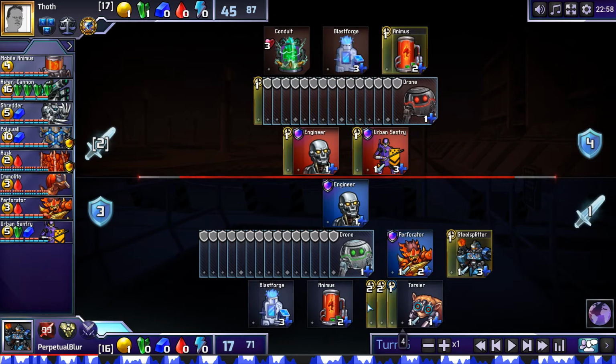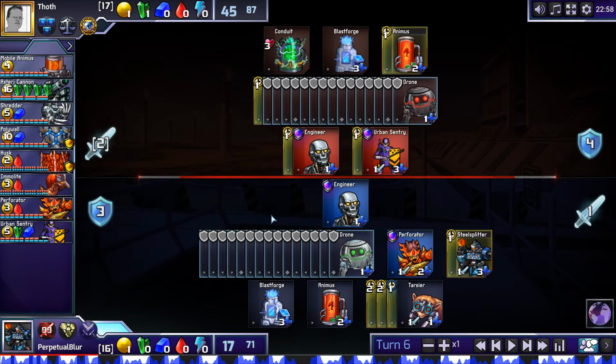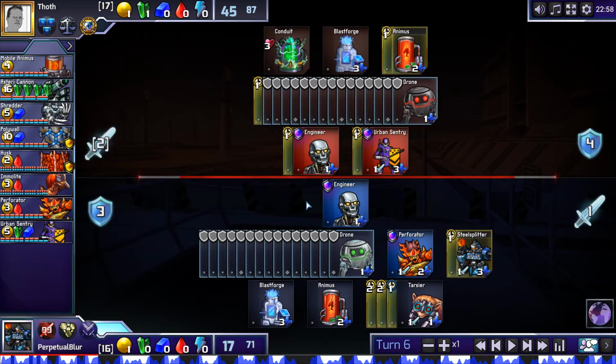I think it would probably be good to cut this Tarsier to build one of the 3-cost red attackers. Doesn't super matter which one, I don't think. Does it? I mean, Immolite you'd be building as an attacker, and Perforator you'd be building as a defender. And I guess it's a little bit too early to be building Perforator as a defender. So I guess I would cut the Tarsier for an Immolite. And that lets you squeeze in an Engineer, which is going to help a lot, because next turn you're